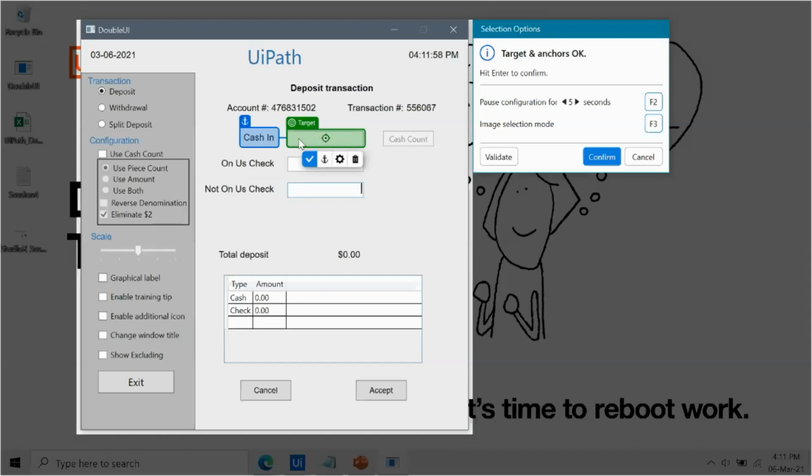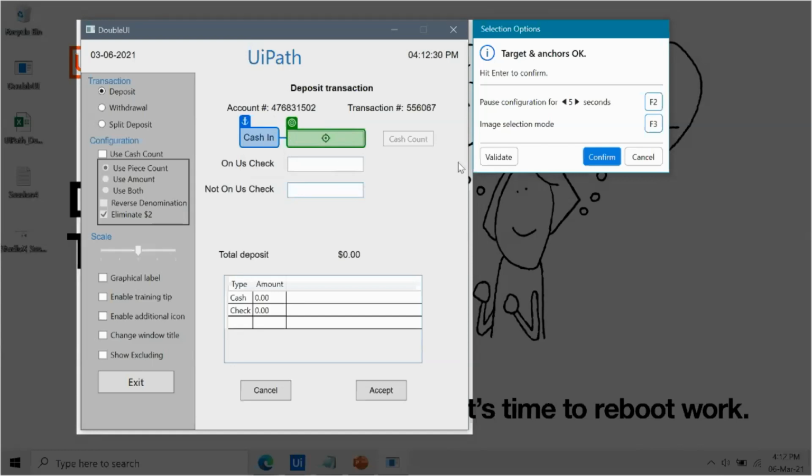Even in a manual scenario, if you want to provide a cash-in value, you will first look for a reference label name, and then provide the data in the corresponding field. Similarly, in UiPath, the bot first tries to find the target based on the anchor. So you can choose the anchor very intelligently so that it doesn't change often.